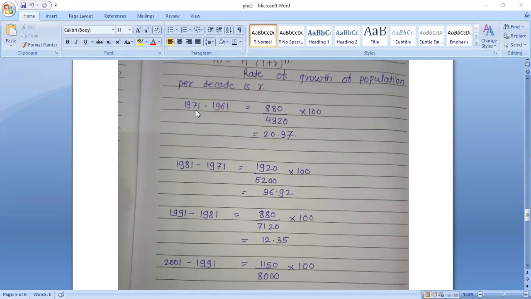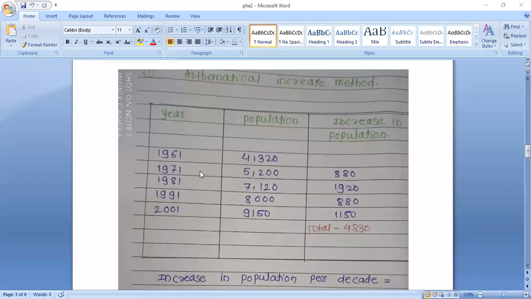Now for the first decade, that is 1961 to 1971, we have to find out the value of R. Then the value of R is equal to, now see in this column, R for the first decade, 1961 to 1971, is equal to the increase in population for 1971 divided by the population of 1961,